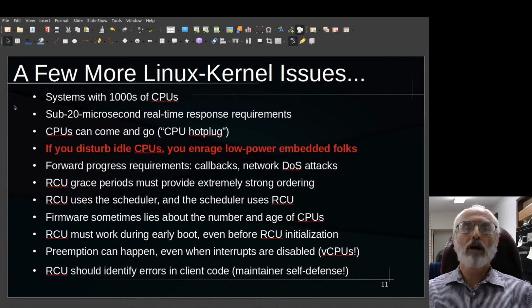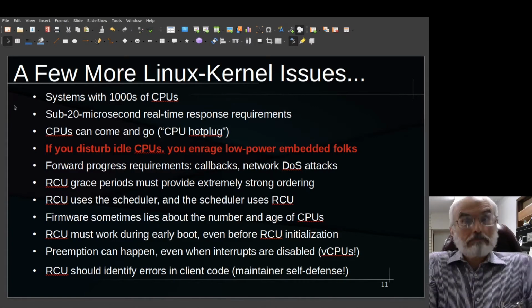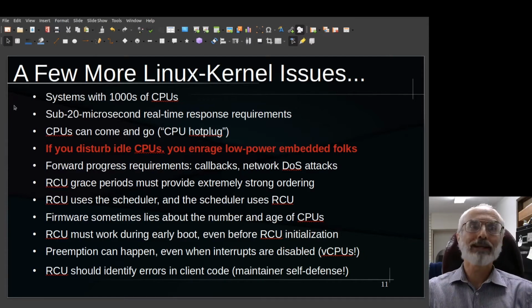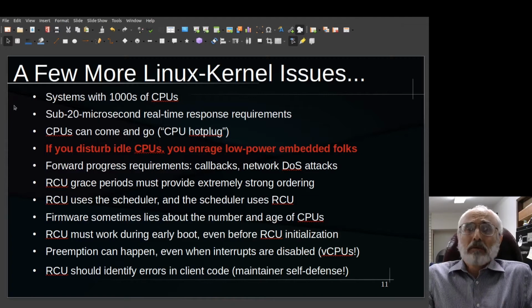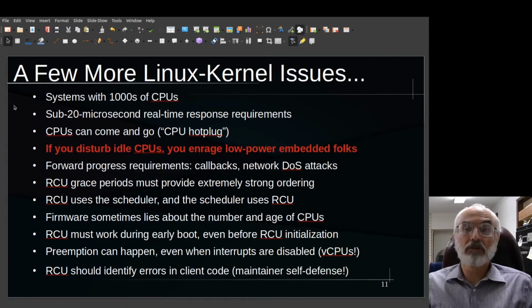Now, one complication: CPUs can switch back and forth between idle and not really quickly. In fact, if you have an idle CPU and it takes an interrupt for whatever reason, it's not idle anymore, and RCU must pay attention to it. Okay, that's not a big deal. Just count the interrupt nesting level, right? Get an interrupt, count up. You return from interrupt, count down. There are special function calls in the Linux kernel that record both the up and the down. No problem.